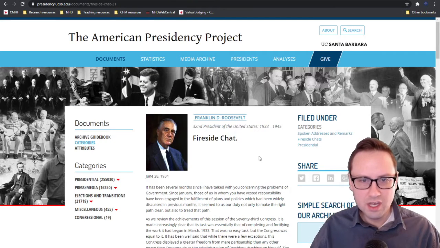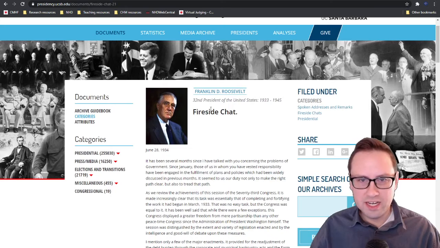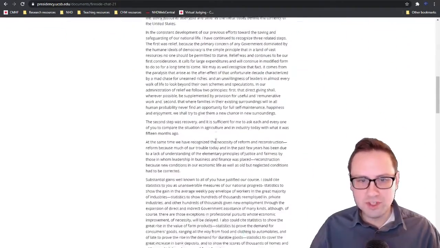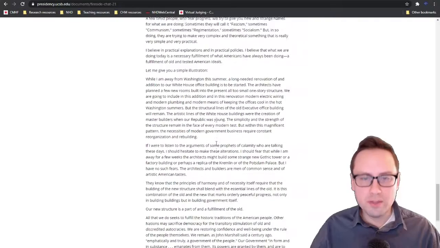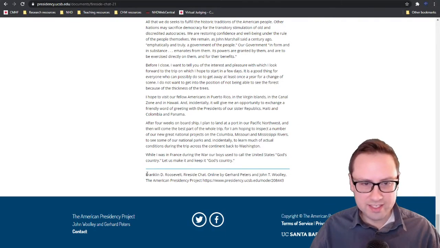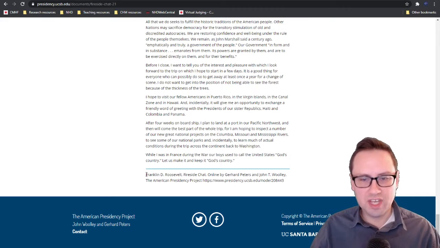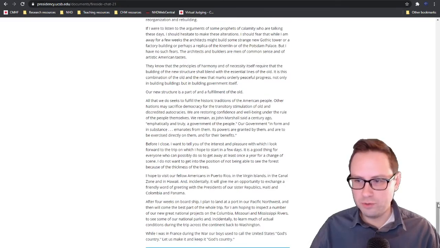And so you'll see we've got some metadata here about the author, so the president, when he was president, the date of the address, and then, of course, the actual text. And then at the bottom of each page, you will find a citation. Make sure that the citation is formatted properly. Don't just copy and paste this necessarily into your annotated bibliography without checking that. But obviously, that's a really great and helpful place to start.